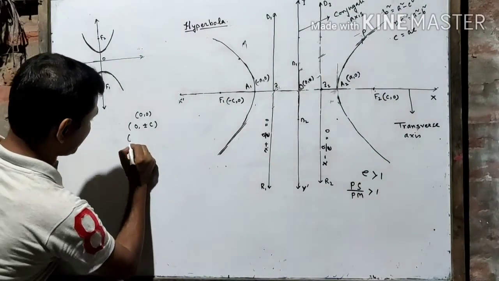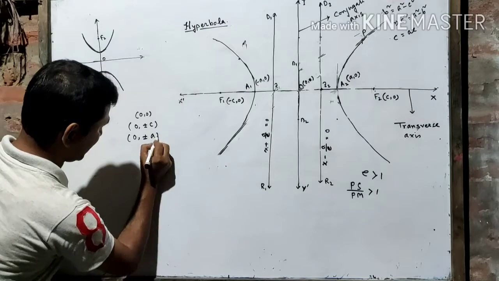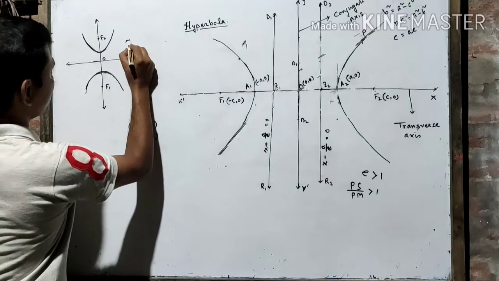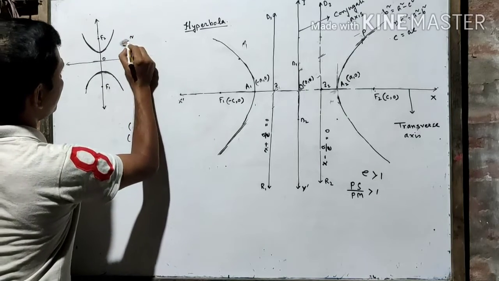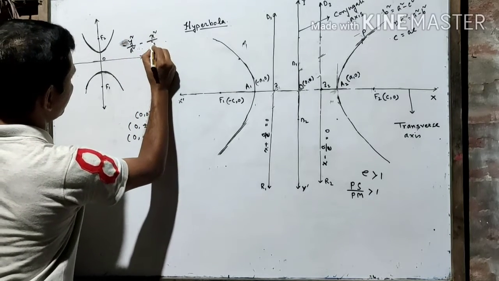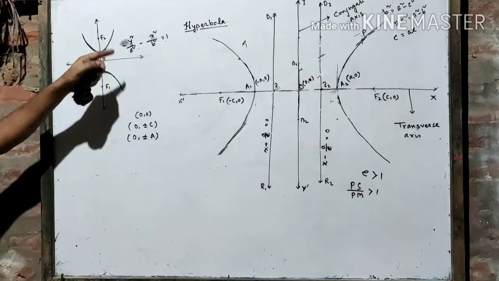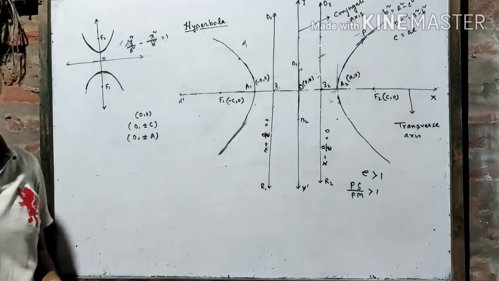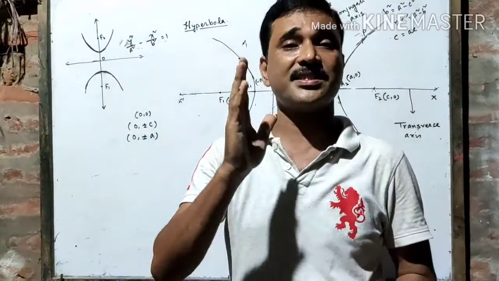Coordinates of vertices are 0, plus minus a for this hyperbola. And what will be its equation? Its equation will be y square by a square minus x square by b square is equal to 1. Since the coefficient of y square is positive, y-axis is the transverse